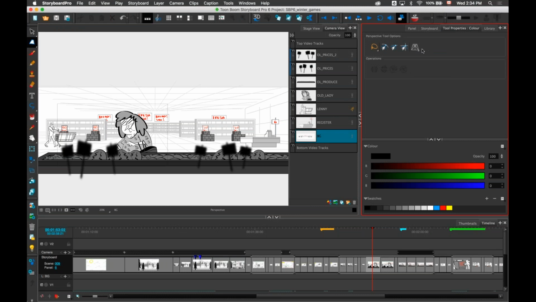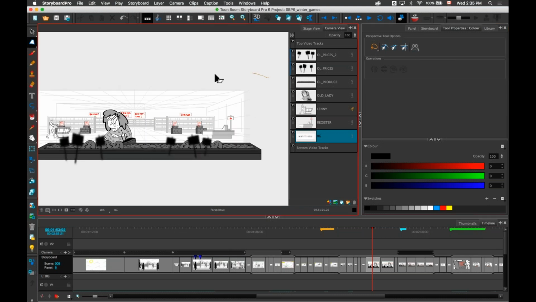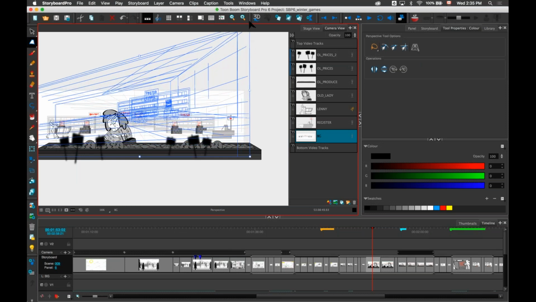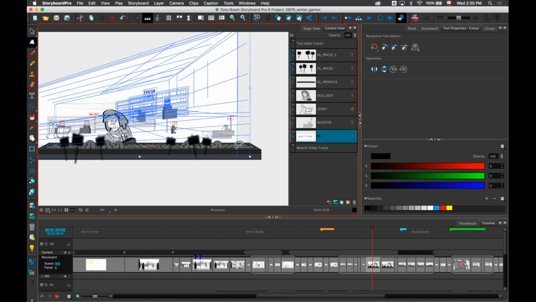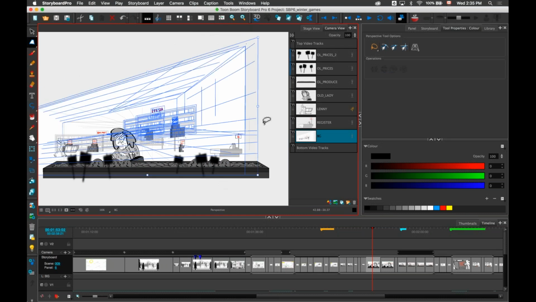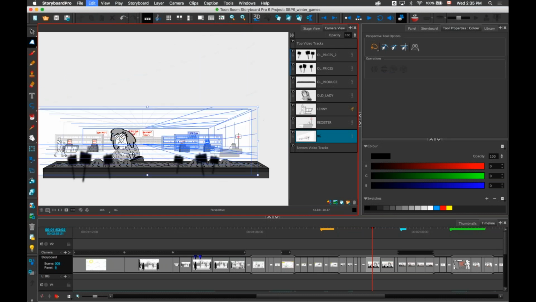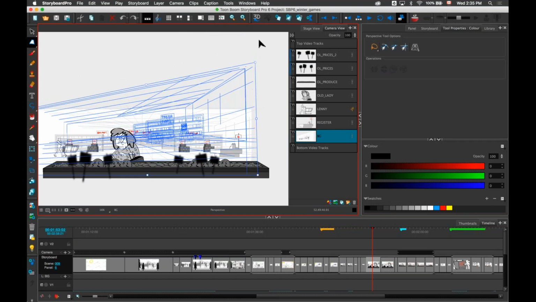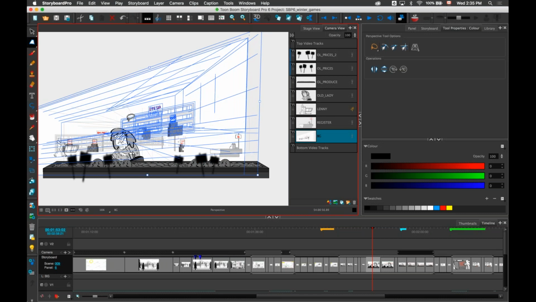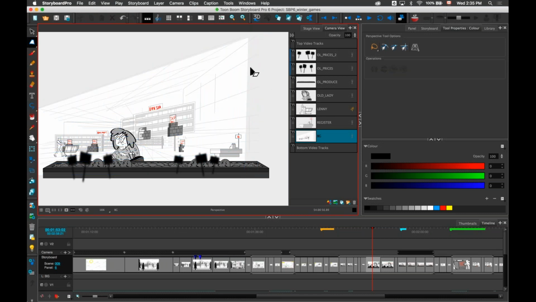So in the past, in previous versions of Storyboard Pro, in 5 and before, the perspective tool was always in lattice mode. And in version 5.5, we changed this to being a perspective mode. So when it's in perspective mode, if I make a selection and I move a corner, it really adds perspective or fakes the perspective inside the drawing. You can see that as I move this up, the shelves here are moving farther to show that I'm kind of adding perspective to that layer.